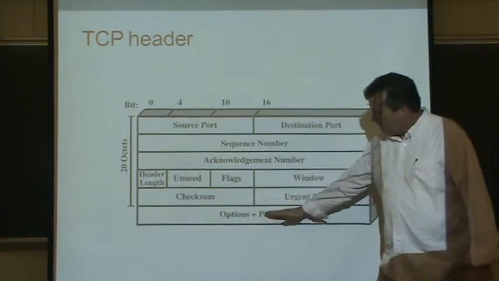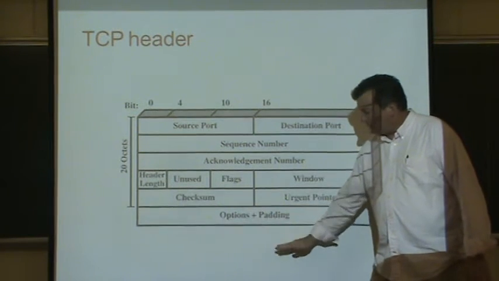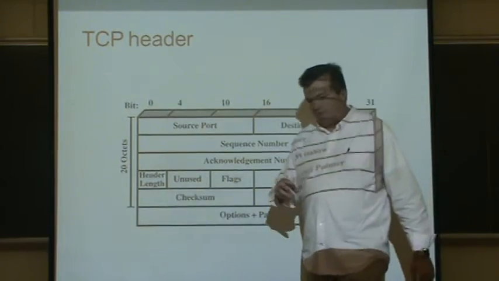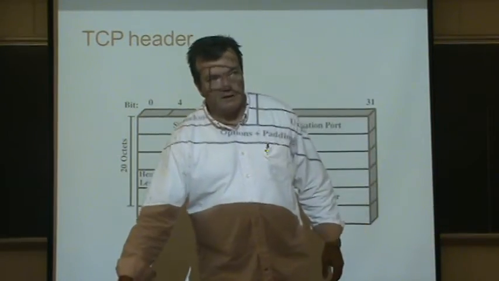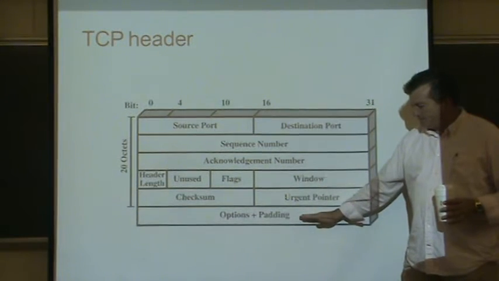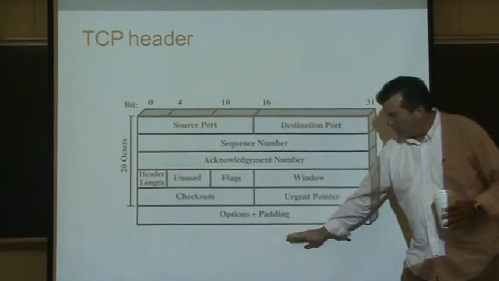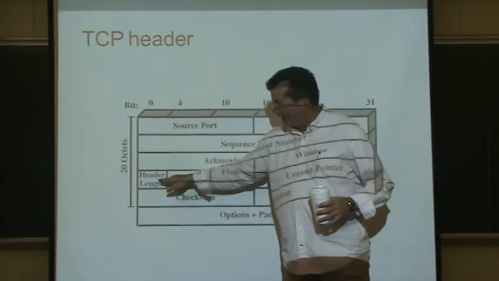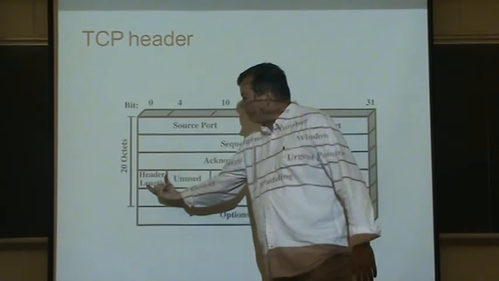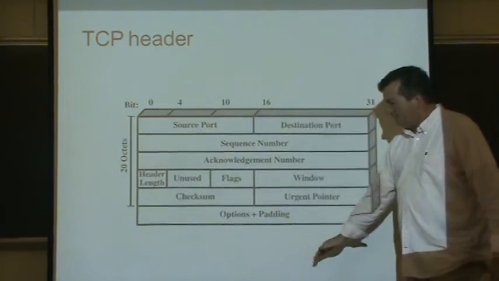There are fields here that we can actually extend if we decide, for something very much related to this application, that we want to send more information. We can add more blocks of these, and we have to say how many there are. So we would put the size of the header in here. We only get 4 bits, so we can only go 0 to 15.